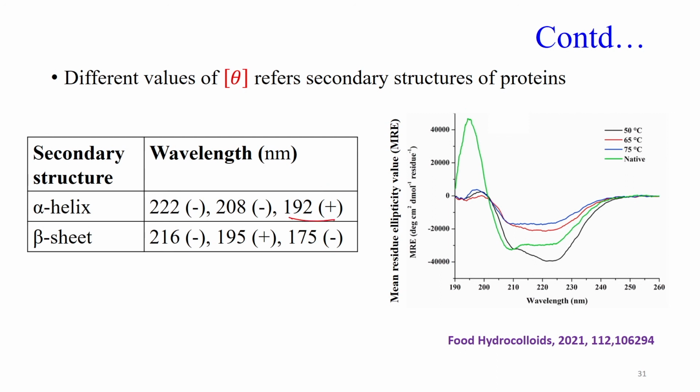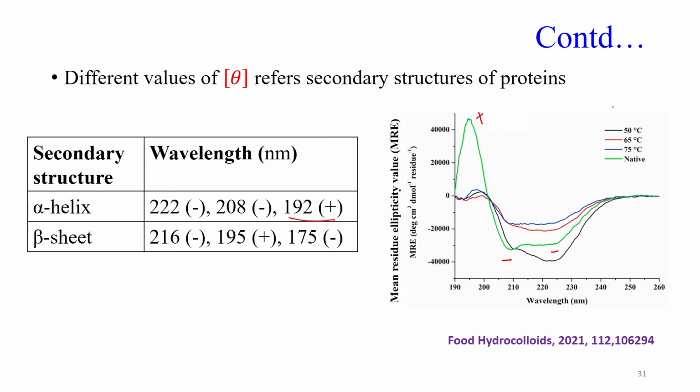So, for alpha helix we will have a positive peak at 192 and two negative peaks at 208 and 222. This is the positive peak, we have one negative here for the 208 and one negative here for the